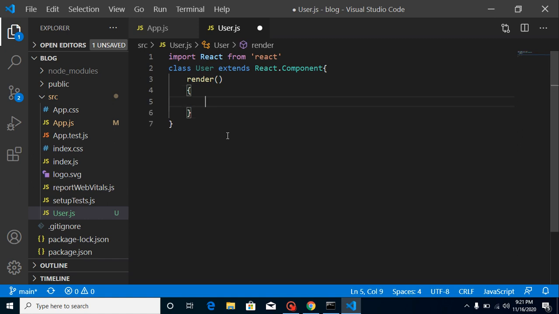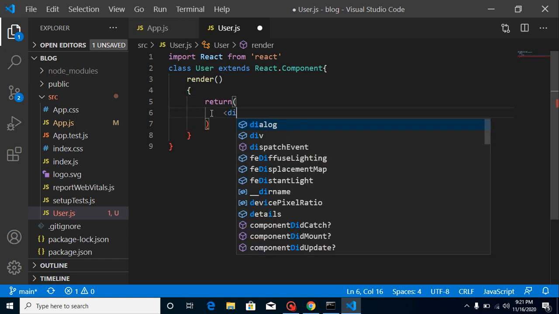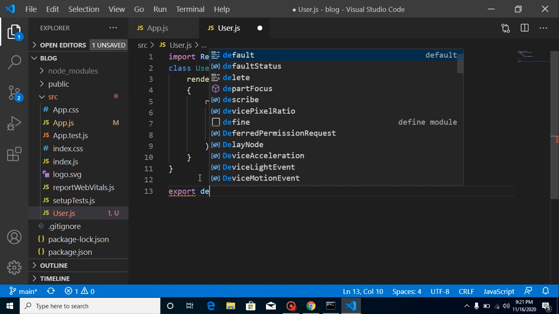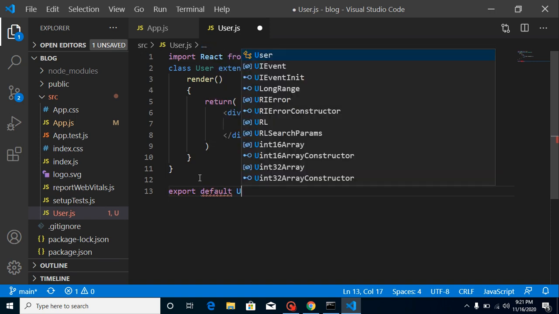Without the render method you cannot use a class component, it will give you an error. So just return a div here or any other tag you want to use. For a moment, just put here a user component, and export it, export default User.